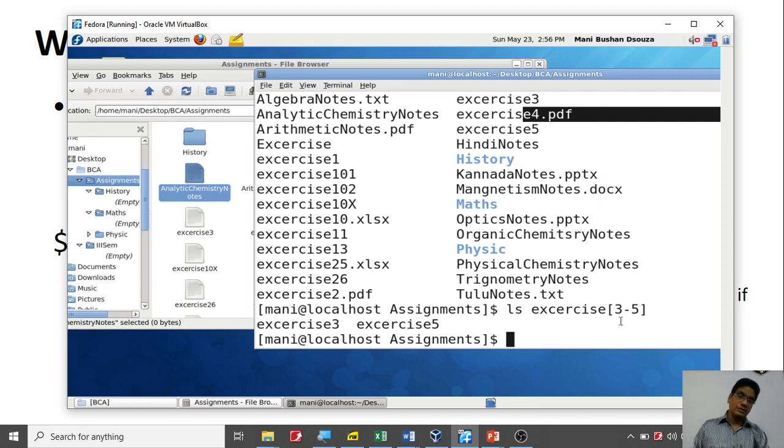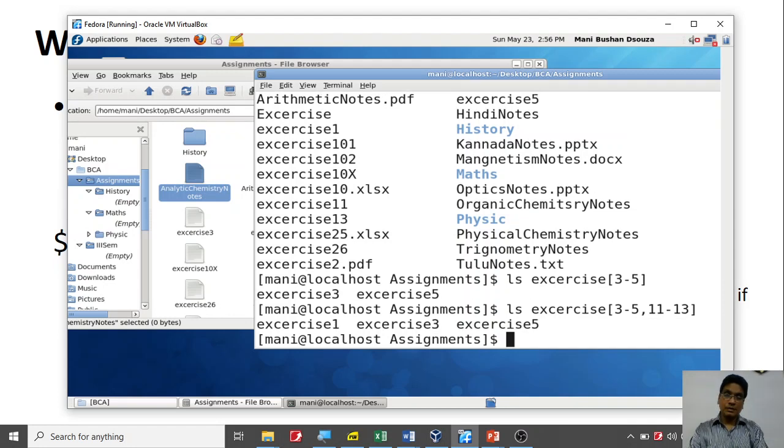You can give a range. So all the exercises between 10 and 20, if you want them to be listed out, you can give the range from one place to the other. So you can also use it like this, exercise 4 to 5 and exercise 11 to 13. So do I have the 11 and 13?